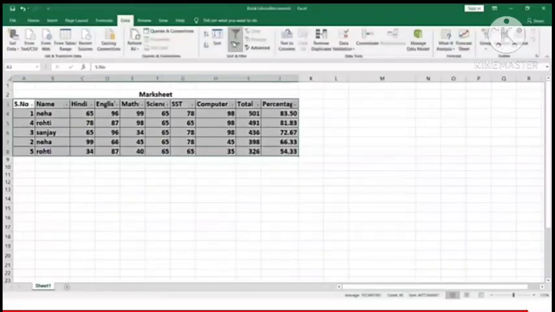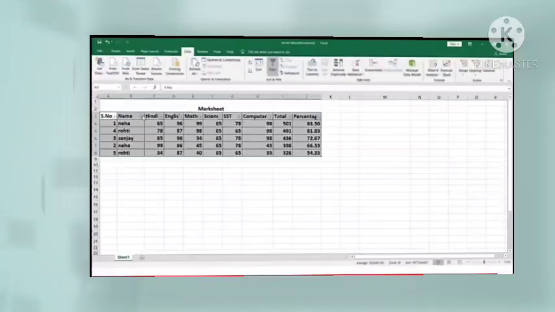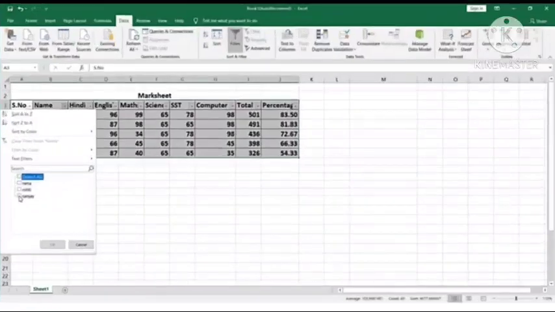See, it has turned gray up on the ribbon, children. Once I select that, I will get the filter icon near the serial number, name and subject. So accordingly, whatever criteria I want to give, I can select.